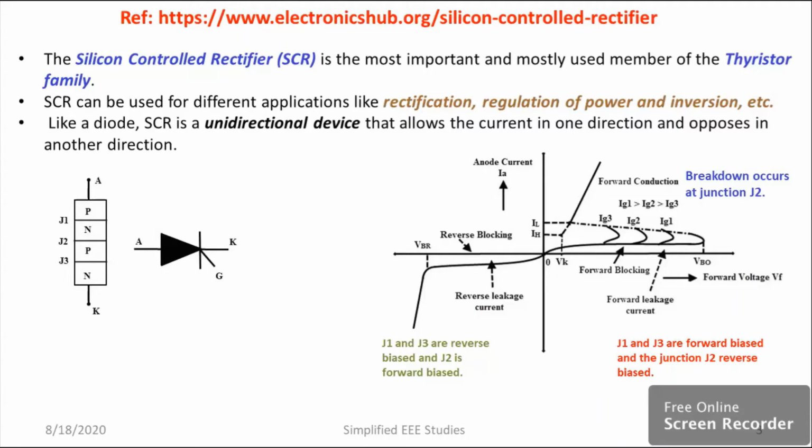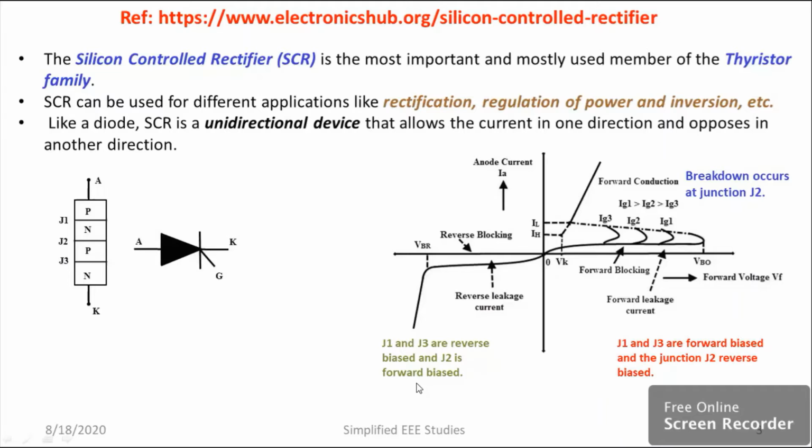That's a speciality. Suppose the device is already turned on. When you remove the gating pulse, nothing happens to the device. The device will continue in its on state. That's a speciality of the SCR. One more important piece of information: the value of the latching current will always be greater than the holding current.